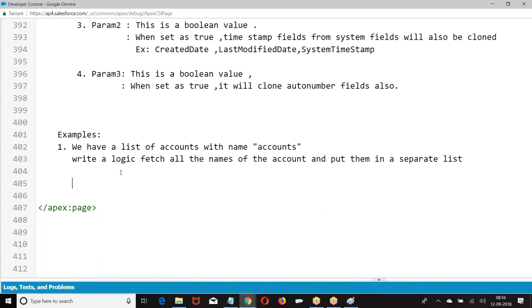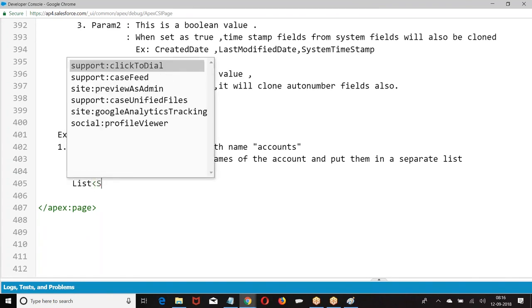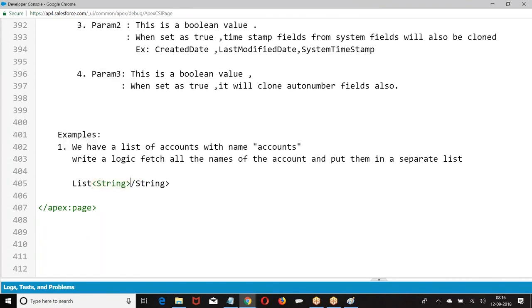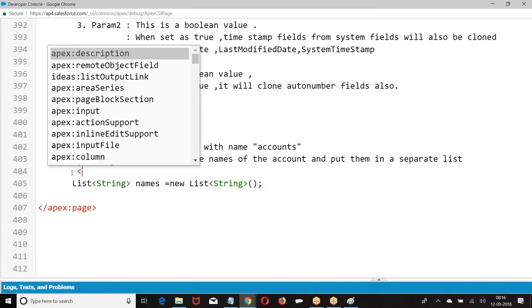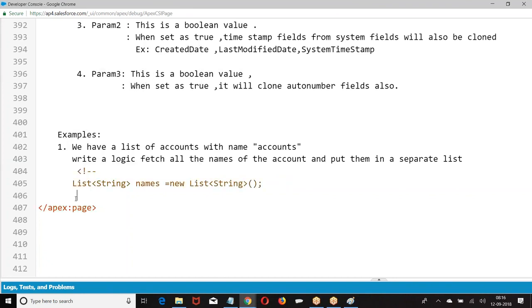So what we have now? A list of string. Why are we doing a list of string? Because we want to put all the names in a separate list, and there is already a list existing with the accounts.